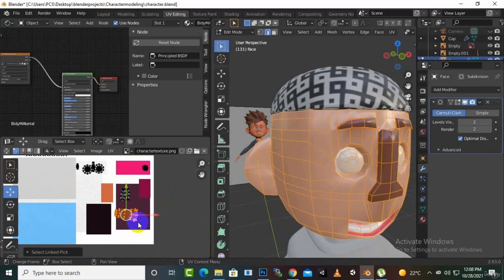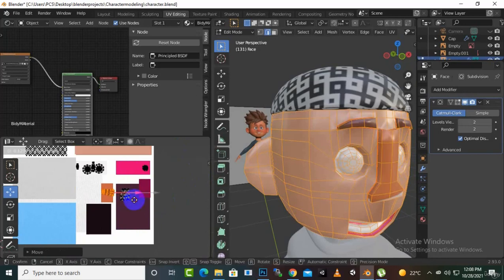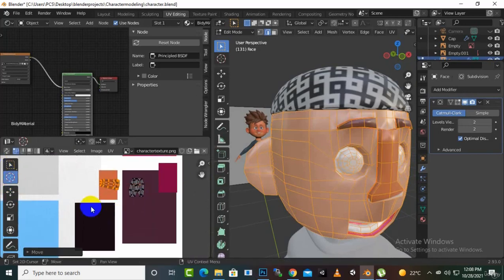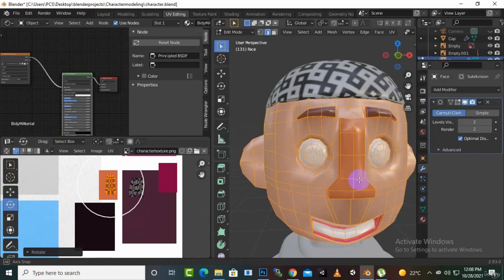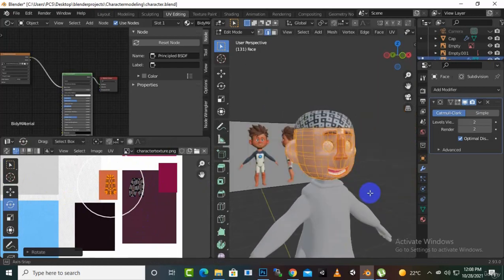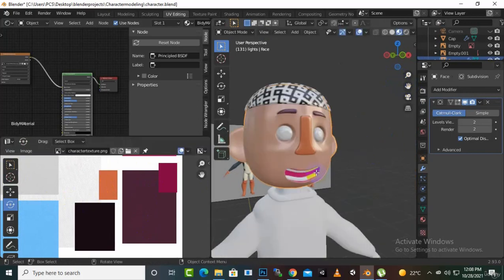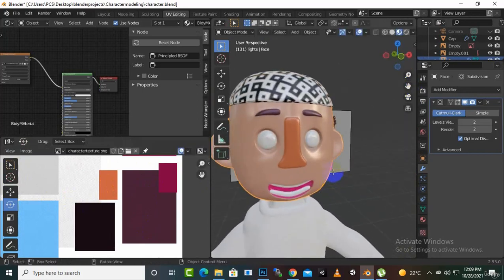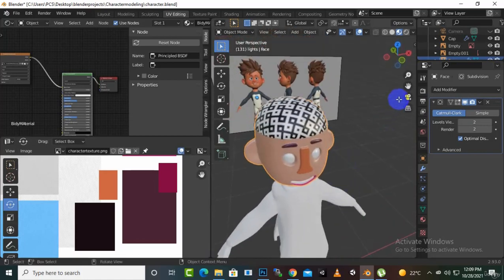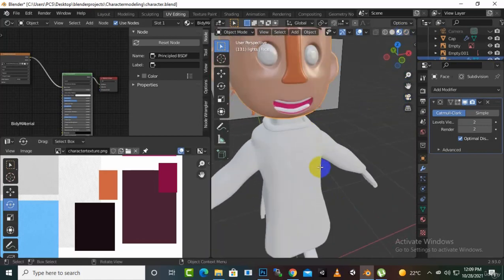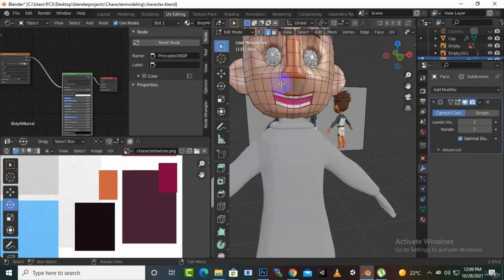For the nose we need dark color of the skin, so we'll just bring it here. We can rotate it as well if you want to do so. And now what else we need is mustaches for our character as well. If we have a Pakistani character, although you can see that everything is fine with the textures, but if we need mustaches we can do so by pressing Control R,